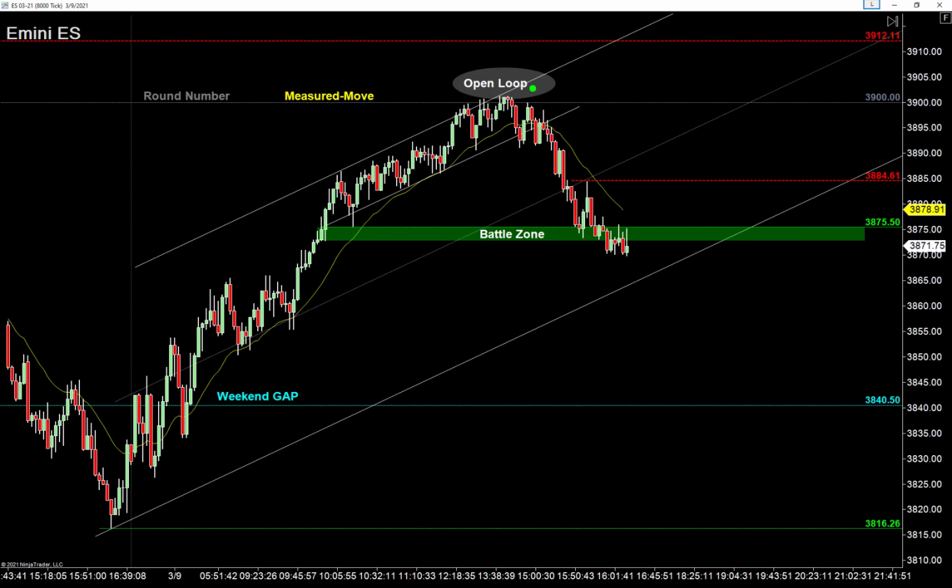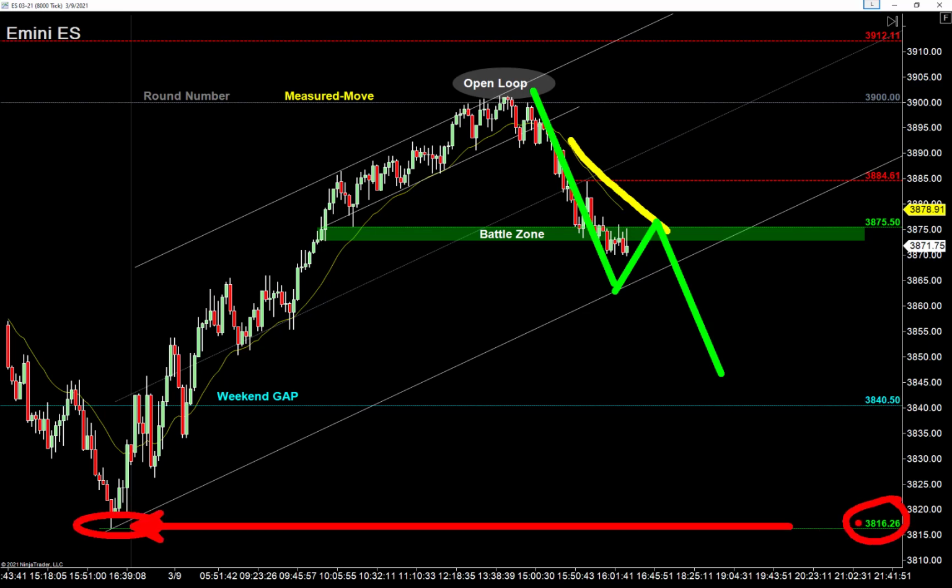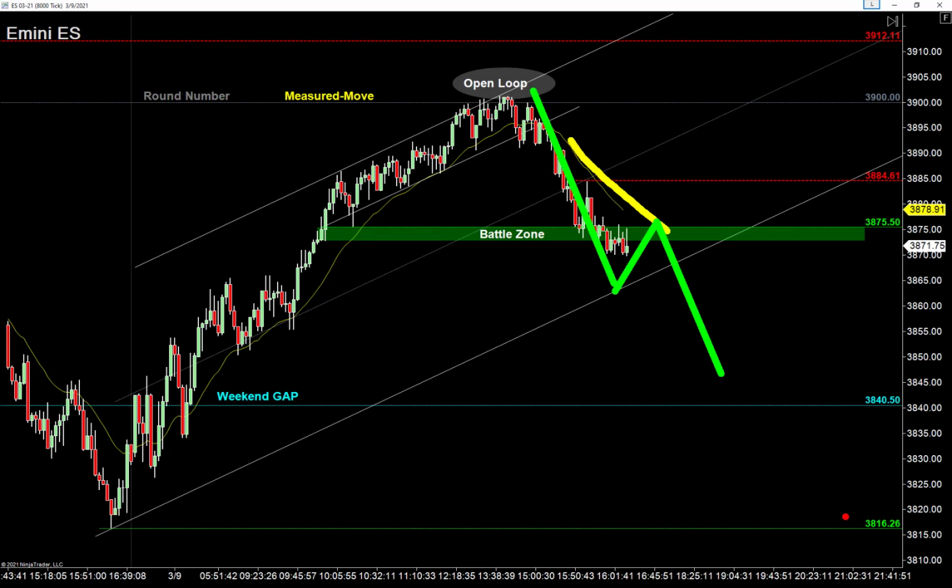waiting for the bears to try it. Now, at the same time, if this thing goes lower, or if they pull back and the bears take this thing, right? If we get that 1, 2, 3 reversal, now it's on. Now there's a big bullseye right at that weekend gap, a big target on 16 1/4. The bears, if they can get their hooks into this thing with that 1, 2, 3 reversal, I can now mark up that low, I can mark up that high,